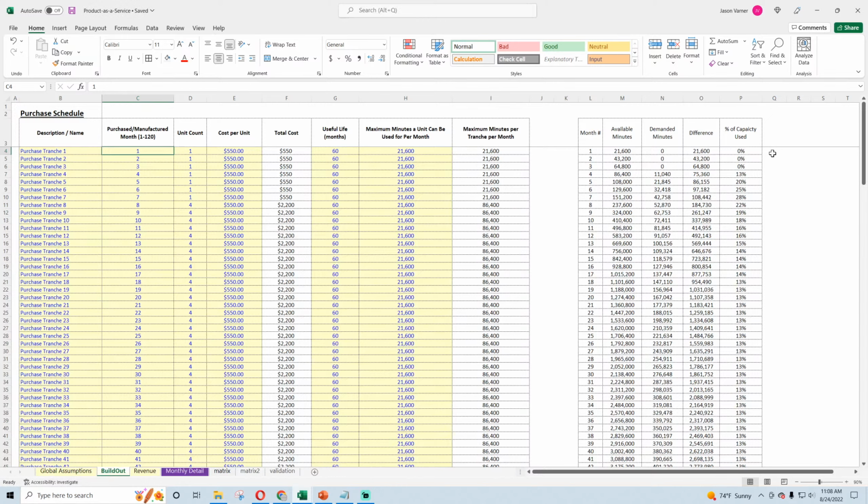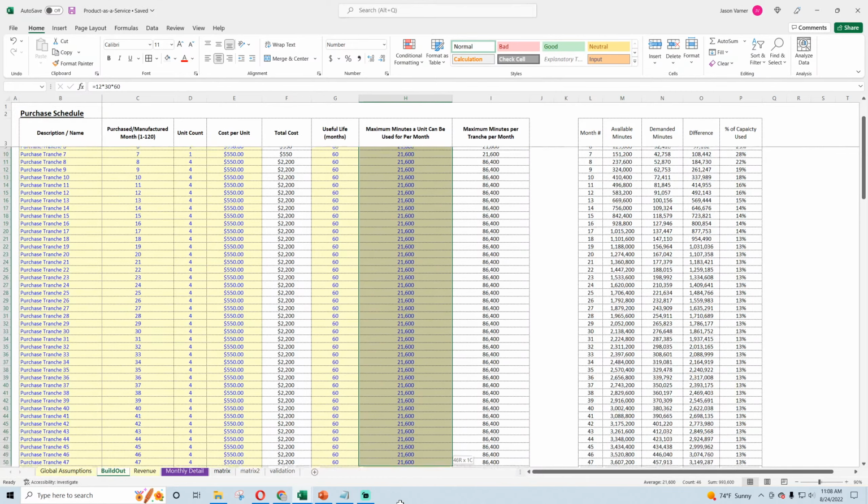We could put in suggested units available, or suggest. Well, we'd have to divide. Let's see. Because technically, this maximum minutes a unit could be different for each tranche, but in general, it's probably going to be the same because it's the same product.